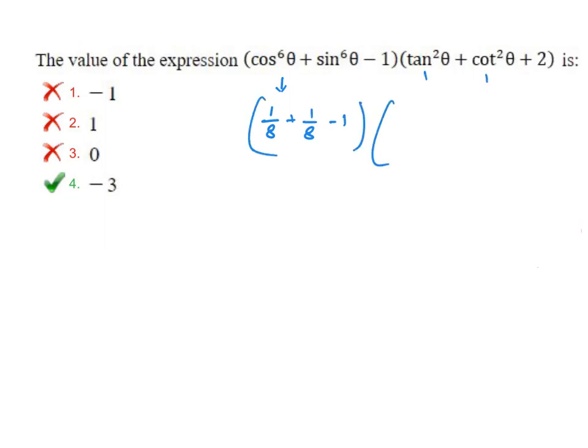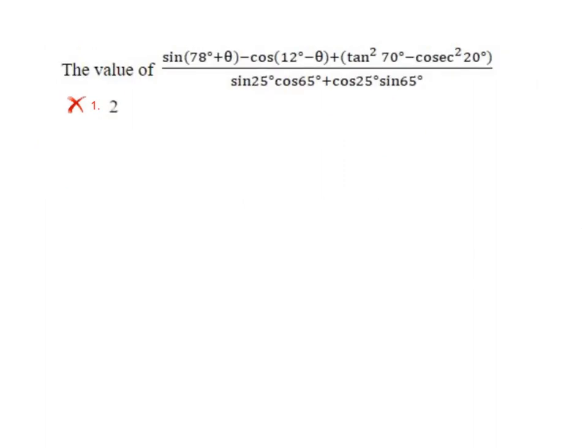1 by 1, by 2. So that becomes 4. So this becomes minus 3 by 4 into 4. So the answer is minus 3. So by substitution also you can do it, but substitution will not always work. So I am taking it both ways. So the answer is minus 3 here.